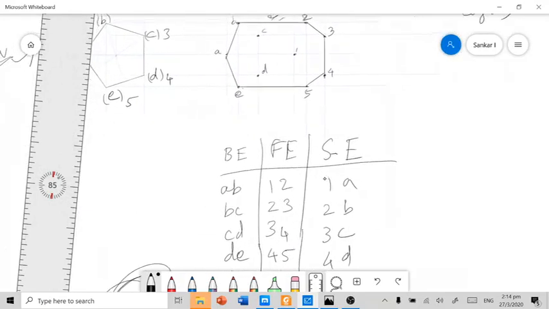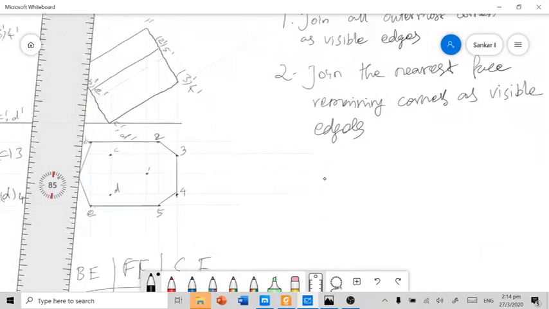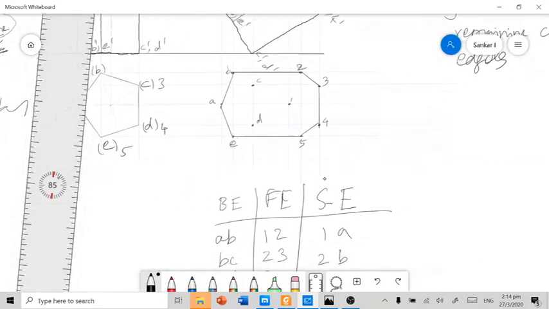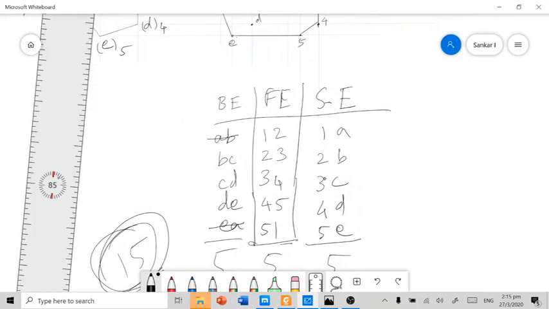See here, after doing every procedure listed here, you need to strike off the edges which are already connected. See here, in the base edges, the edges AB and AE, that is EA, are already connected.